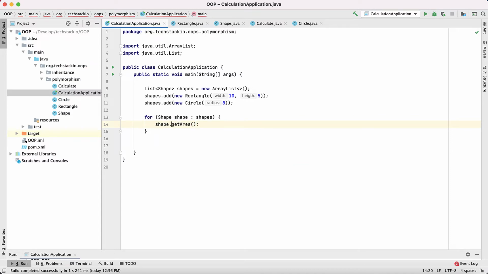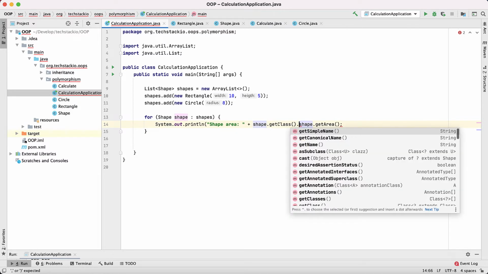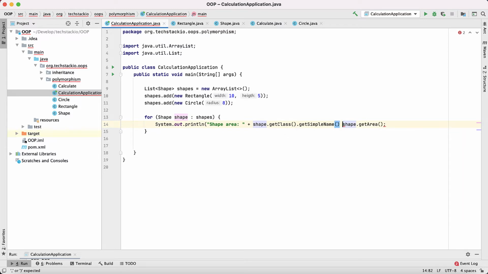Let me write the System.out.println for this. Let's print the class also, to see which class it's getting printed. Shape dot get class dot, I'm just taking the simple name to print the class name.